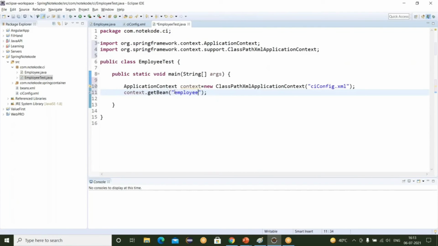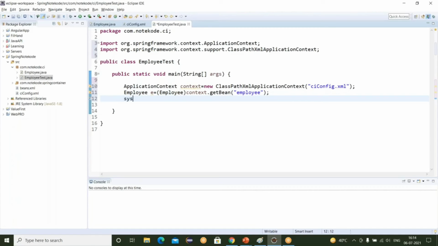Here it is employee. Let's take a variable e, and e is our Employee type variable. Just downcast this. Okay.